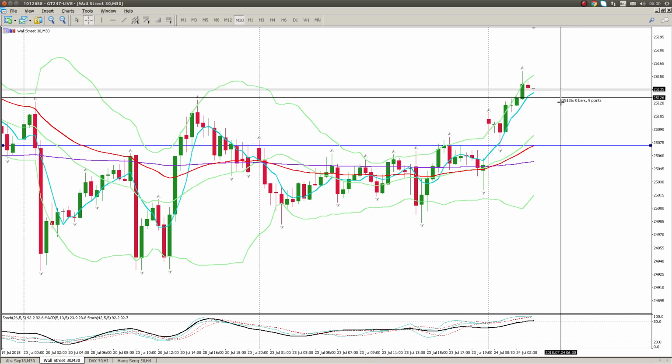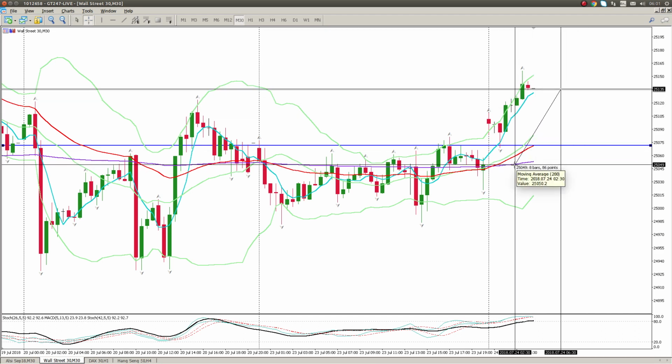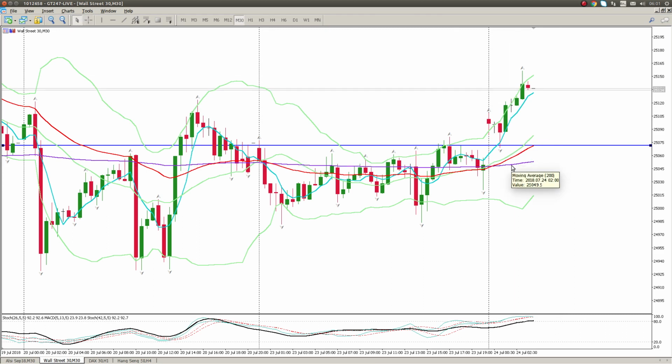But yeah, currently we're 87-point gap up. Okay, so for Dow, for me right now, there's no trade. I would be very reluctant to go long up at these levels. I'd want to see us come back, and